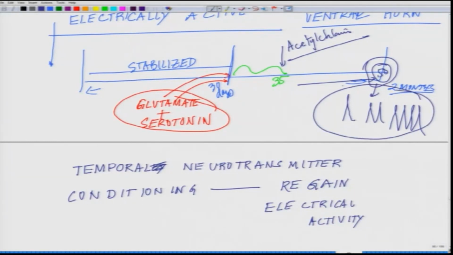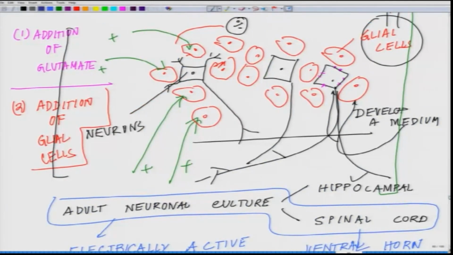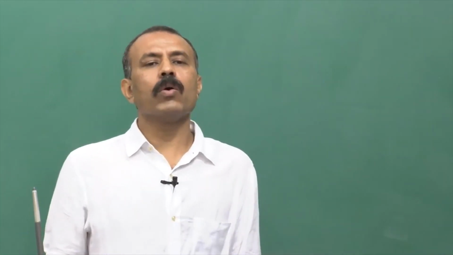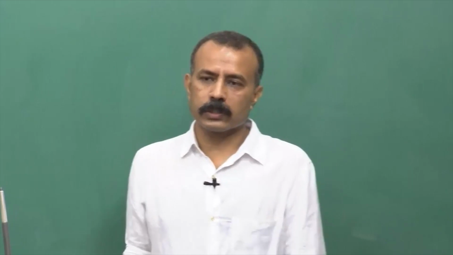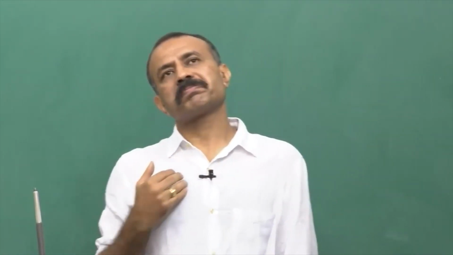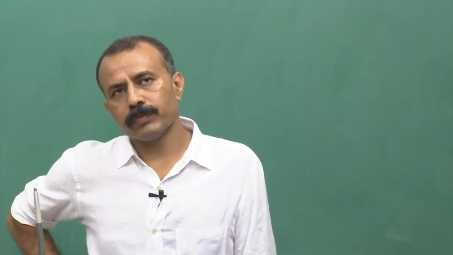So this was one of the discoveries which added a new set of light into the culture paradigm, that how our in vitro culture systems can come more close to reality,